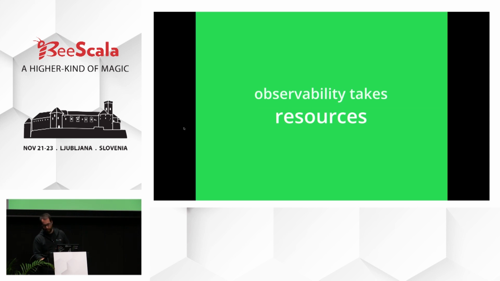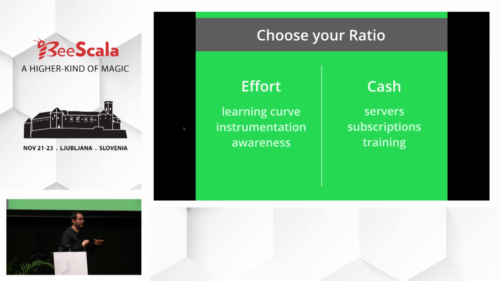Finally, the final problem that people have is that doing this takes resources. This is not going to be free. You're going to pay for this in one of 2 currencies, effort or cash. Some of the tools that we talked about, like Prometheus and Zipkin, are open source tools. You don't need to pay a license for that, but you need to figure out how to configure them. You need to learn how to use them. You need to learn about their domain, about the specific quirks of how to use that particular tool.